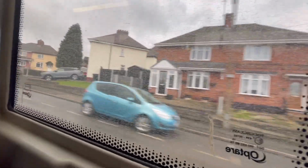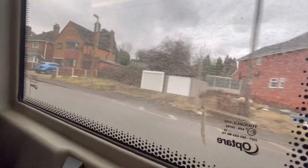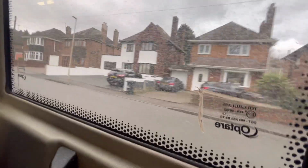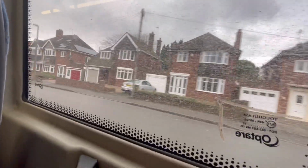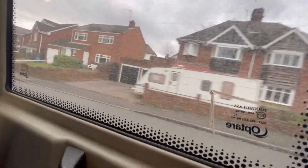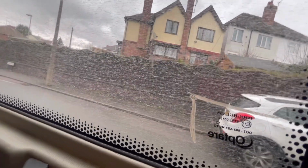And so anyway, here we go. We're now en route towards Dudley Bus Station. So we're now going across Lister Road, and then we'll be heading towards the terminus in Dudley. So we'll be coming towards the terminus in the centre of Dudley,